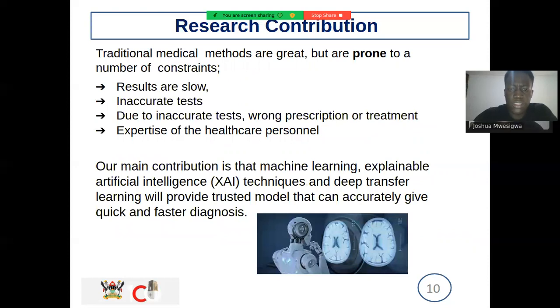Our research contribution is tied to the fact that diagnosis currently is tied to a lot of constraints, and these constraints include the dermatologist's expertise. As a result, some of the times you have inaccurate tests. Due to those inaccurate tests, people are being given wrong prescriptions at times. We want to create a world where all these constraints don't need to affect a given diagnosis, and we shall do that by creating a very trained and intelligent model that can provide quick and faster diagnosis without all these constraints coming into